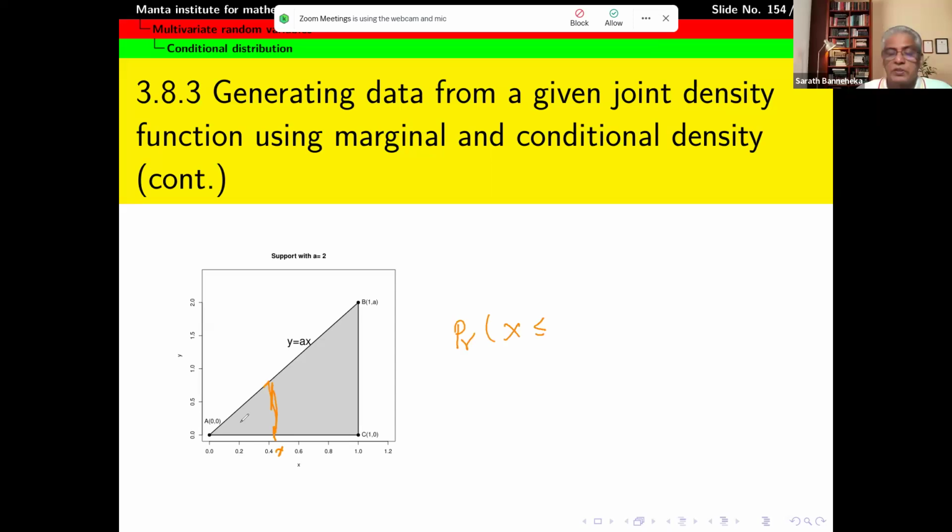So that the volume under the joint density will be equal to the height of the joint density times this area. So x here, and when x is equal to simple x, y is equal to ax. So therefore, the area will be ax times